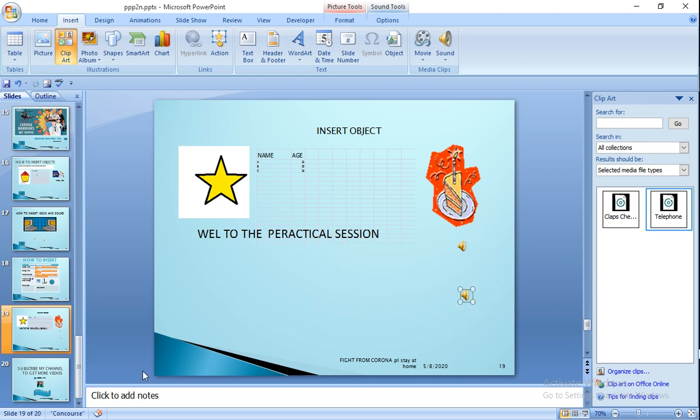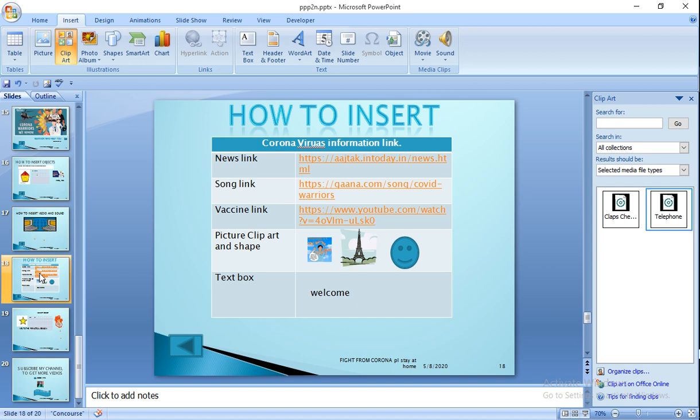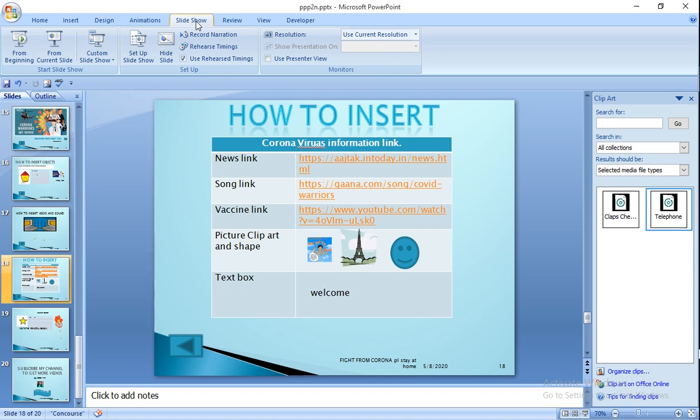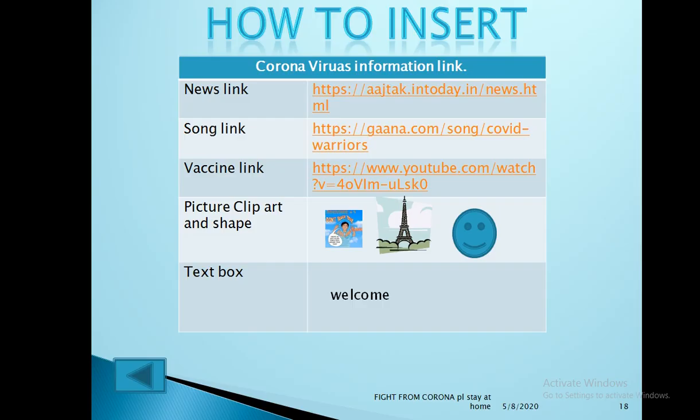Now I have to run only these two slides because I have just made them here, and you have to watch it. In this slide I have told you how to insert picture, clip art, shape, and text box. So run from the current slide.